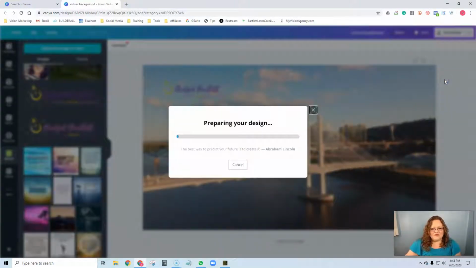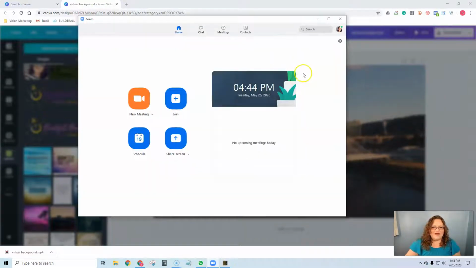So once we download, we need to open up Zoom. Now I like to download Zoom to my computer. I think the settings are a lot easier to navigate. I use Zoom a lot, so it's just something that I find is easier to just have it downloaded and on my taskbar here. But once you're in the Zoom software, you need to go up to your image picture here